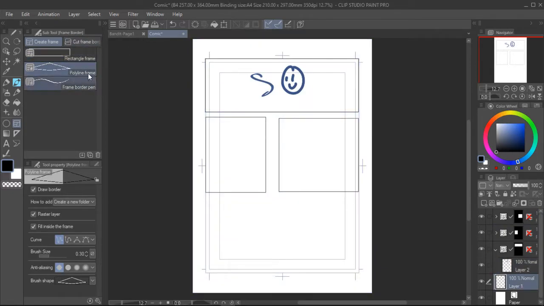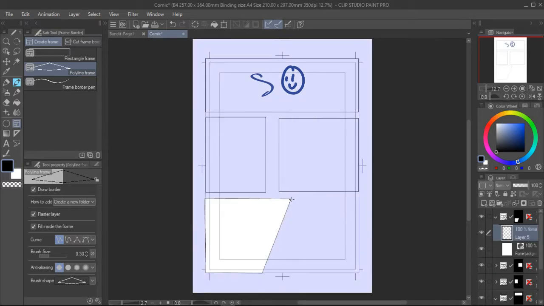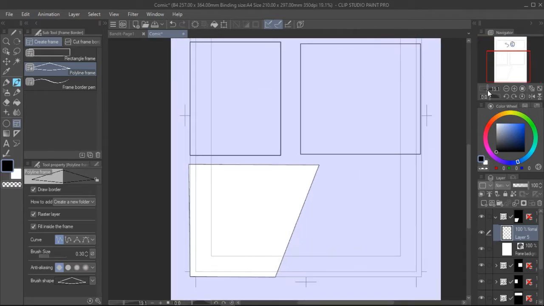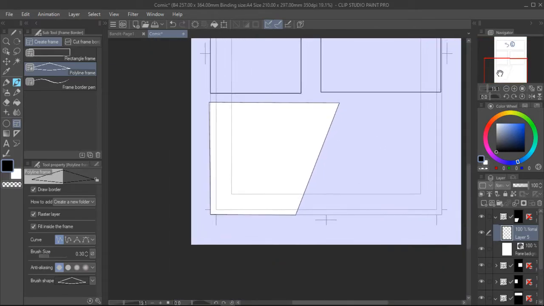Another cool thing about this is they have these other tools here, the polyline frame, so you can make customized shapes for it, and this is good for manga type panels if you want to create those type of comics. And you see how this panel is,